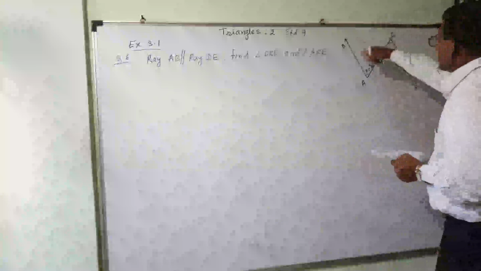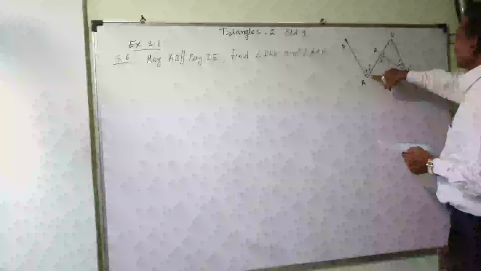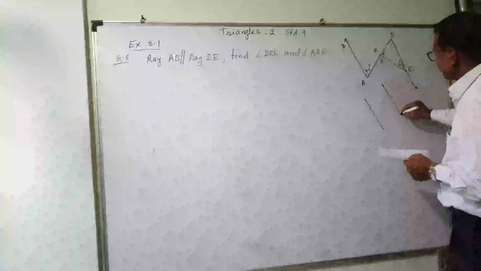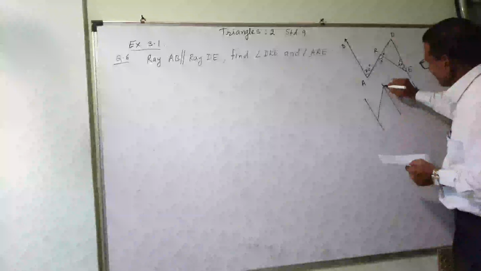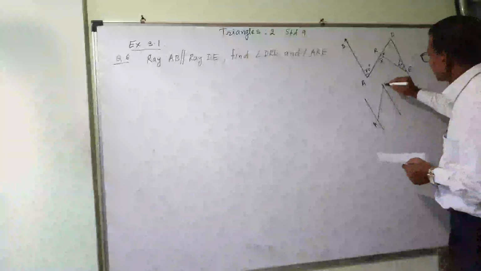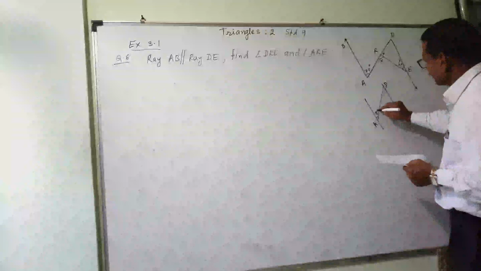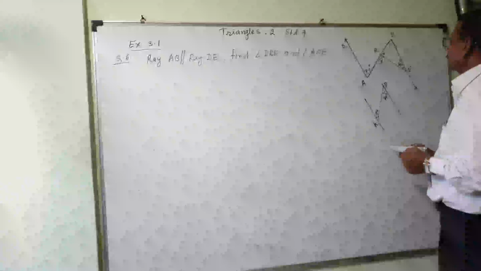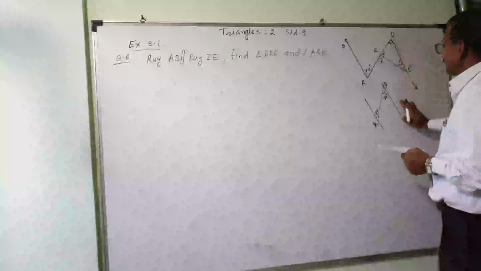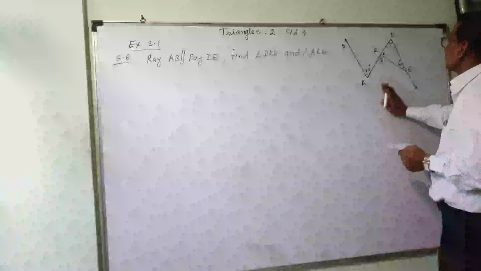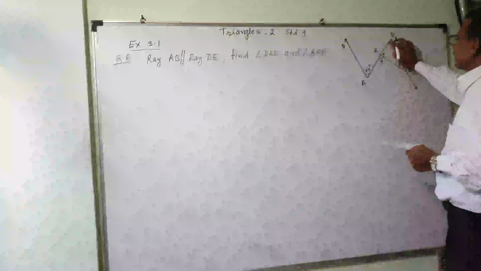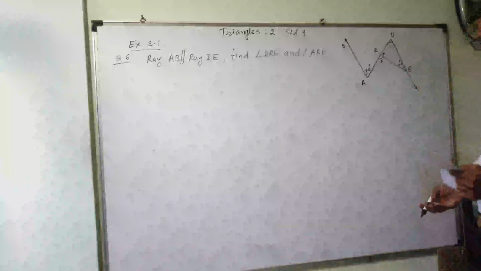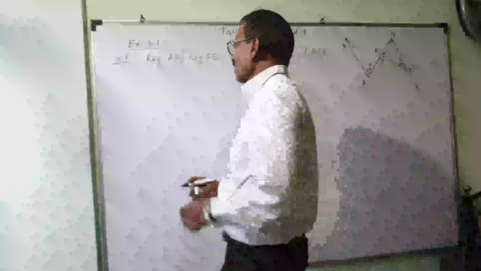See that these are the parallel lines. If these are the parallel lines, then see this way and this way. And here it is A and here it is D. This is 70. So this angle is also 70 degree, alternate angles. So this angle I have got. How much it will be? It will be 70 degree, this angle. This I can find. So how to solve?